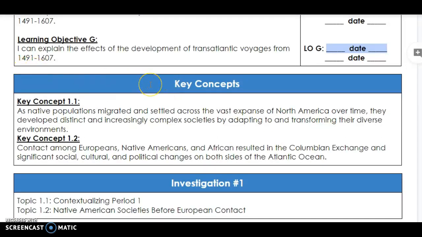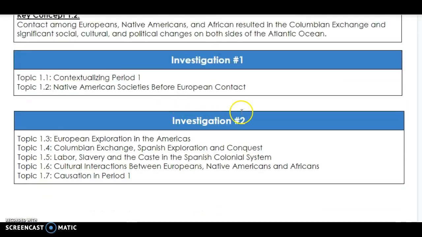So next we come to the key concepts. Usually there will be 3 key concepts for each unit, but this is a short content unit, so we will just have 2, which is why we have 2 investigations. When we have 3 key concepts, we'll have 3 investigations, which is all the rest of the units except the very last one. I also lay out for you what topics we're going to be covering in each